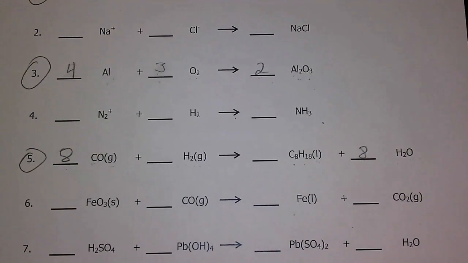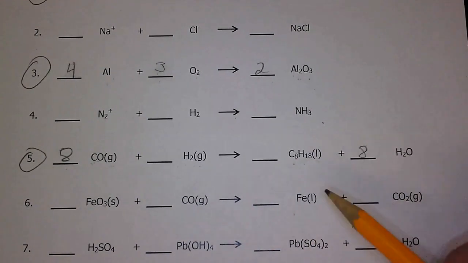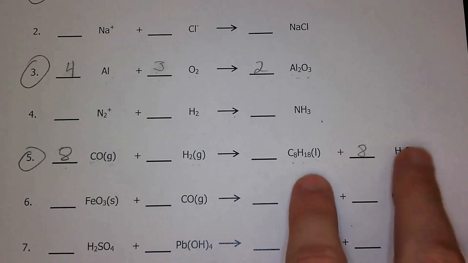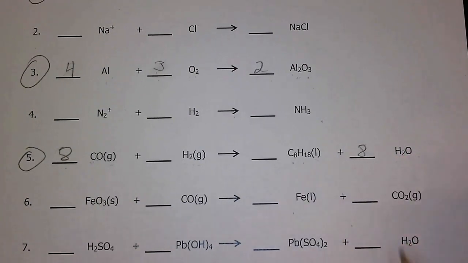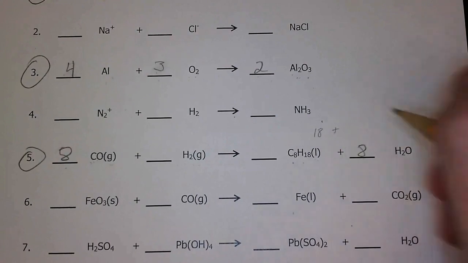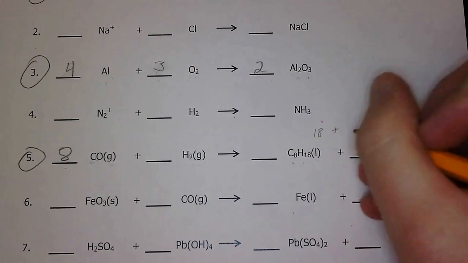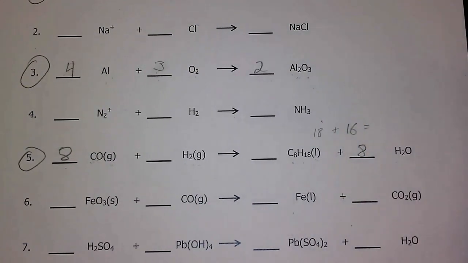But I got a hydrogen problem. So let's fix that problem. I have 2 hydrogens over here and so many hydrogens over here. Remember, it's the entire left side compared to the entire right side. So the most common mistake I see students make is they'll just look and they'll be like, I have 18 hydrogens. But no, you don't. You also have these over here. So make sure you're accounting for everything. Yeah, you have 18, but you actually have 18 plus 8 times 2 hydrogens. So 8 times 2 is 16. So you have 18 plus 16 hydrogens, which is 34